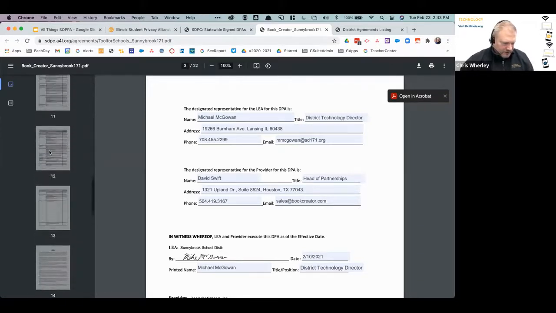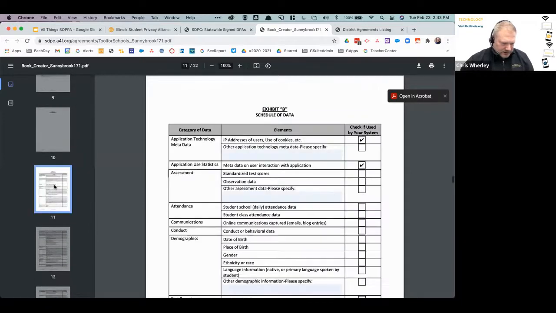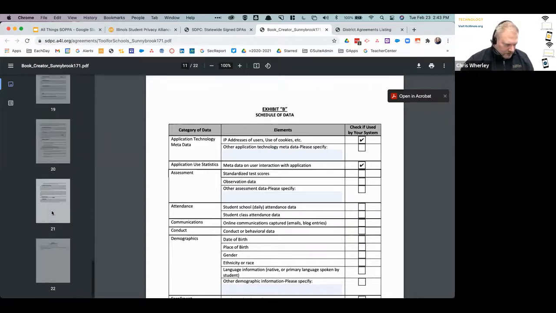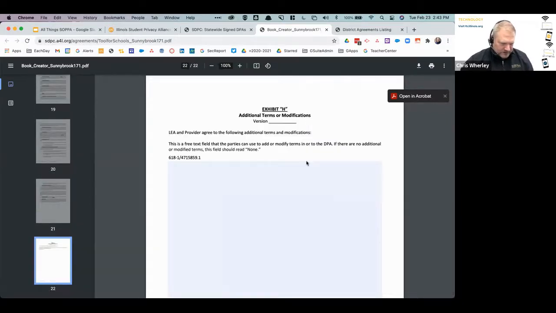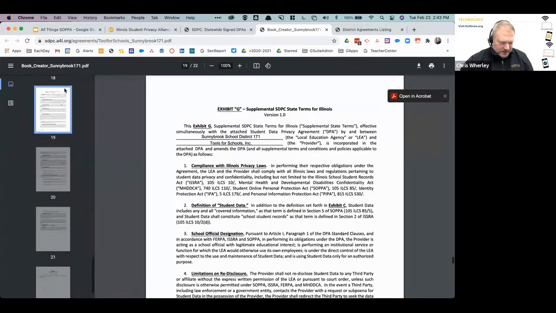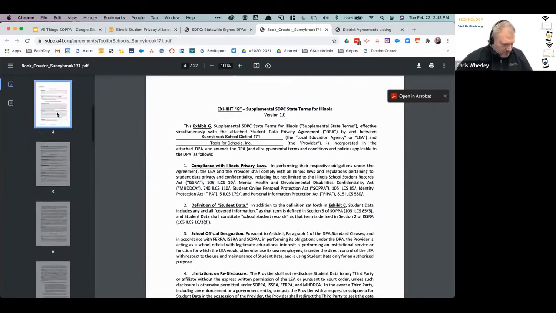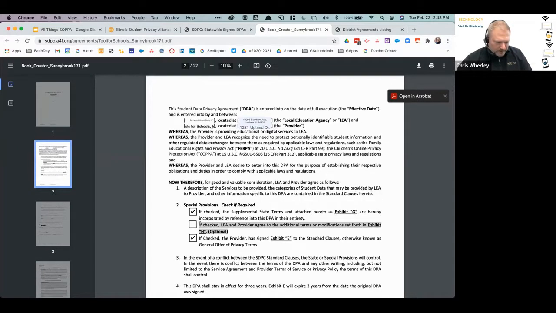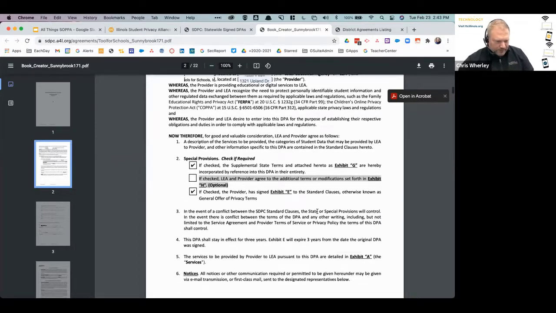I can look down through here and see Exhibit B and look at the data that's being shared. I can also scroll down and see if there's an Exhibit H with changes made. There's no Exhibit H, so I should be pretty content on that. This is an original agreement. Nothing major here. Also, on page 2, I should be able to look at that and say, okay, there's no Exhibit H because it's not checked. So what you want to do then is